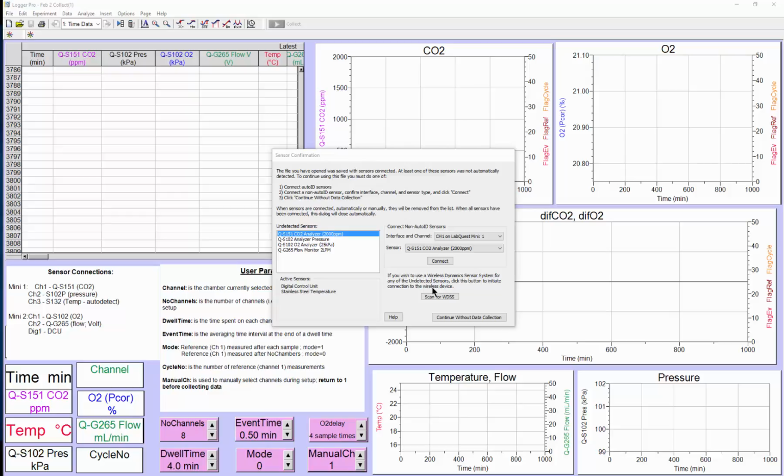First, open up the collection Logger Pro setup file, and when you run it, the first page you will have is this sensor confirmation window. Simply connect the sensors as indicated in this text box on the Logger Pro page. Make sure the sensors go into the right channels on the LabQuest Mini A to D converters. Then just answer connect all sensors,